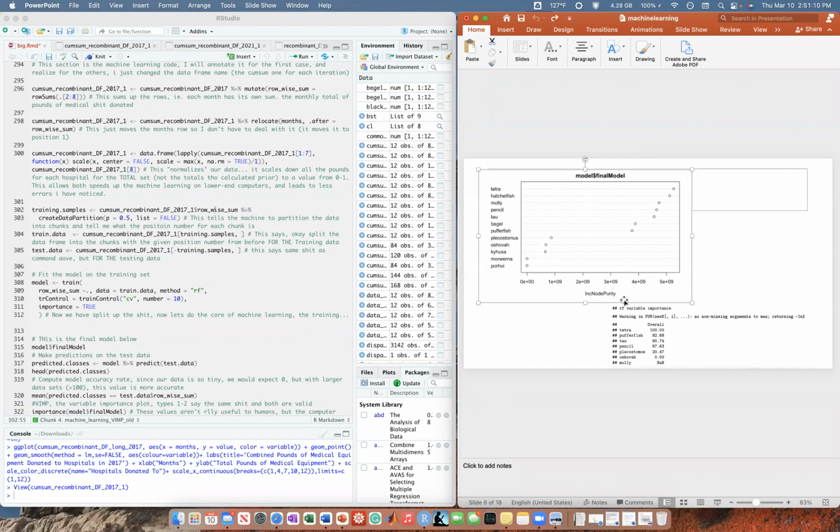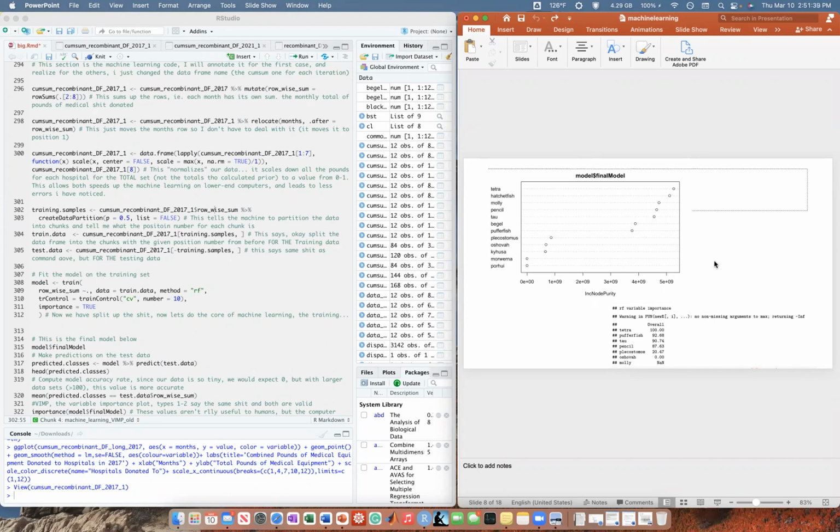I'm not actually submitting this to a paper or anything. So the y-axis are the hospitals. So Tetra, and so on, Bagel, Ideas, stuff like that. We can think of this as the relative importance, where things on the far right are 5-fold as important as things at 1, and then 0 means they're not important. They're inconsequential to the trees.